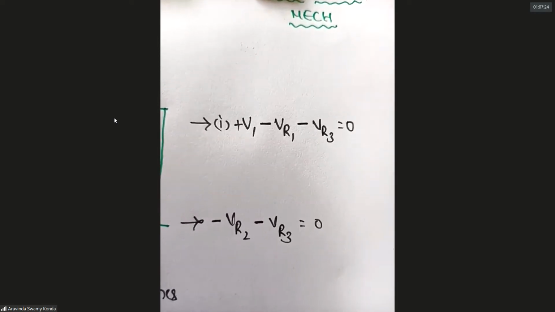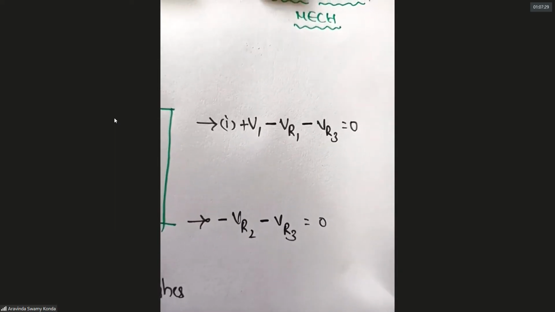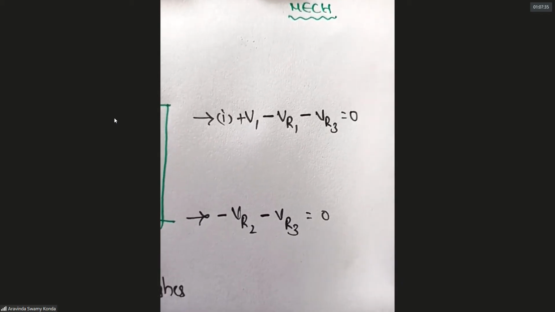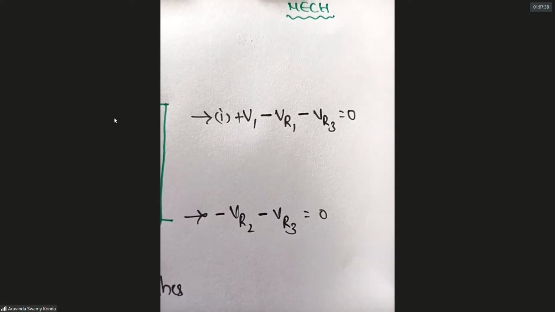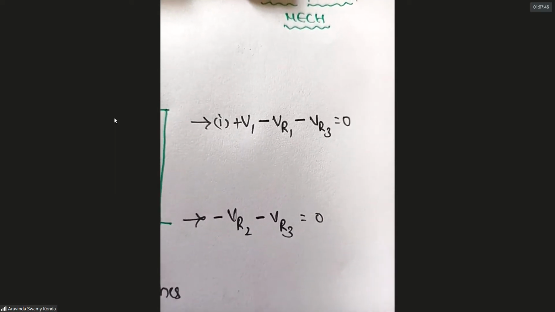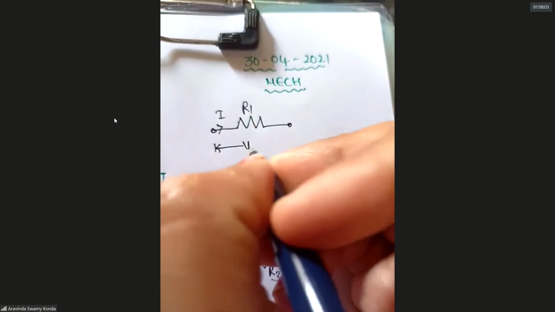To find I1 and I2, we want to write the voltage drops in terms of the currents. We are able to write voltage in terms of current by using Ohm's law. So what is Ohm's law? V is proportional to I, so V equals IR. Let us take an example: this is a resistor. I want to apply Ohm's law, that is, find the voltage drop across that resistor, VR.